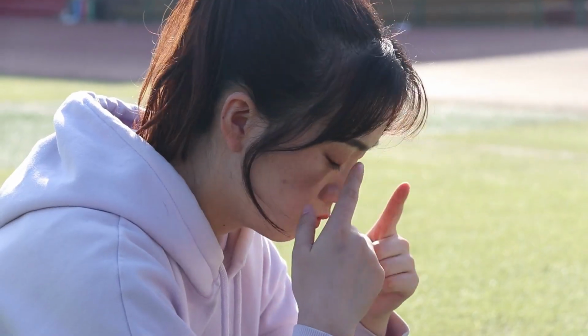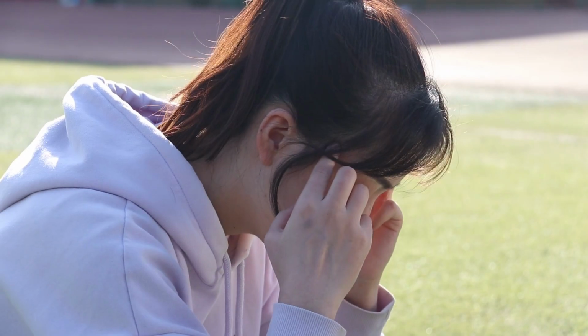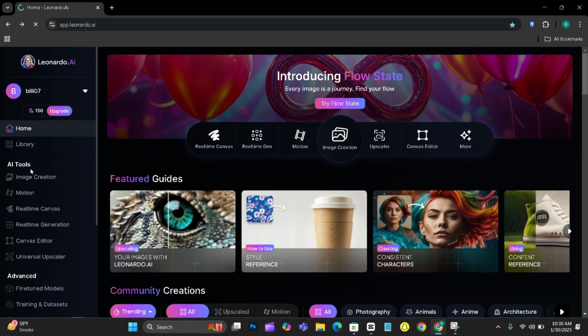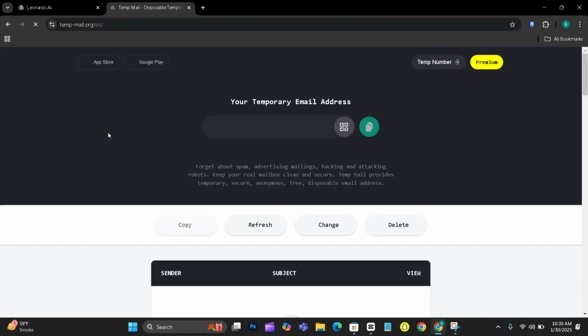What if you can't buy Leonardo AI? Now, let's address a common concern. What if you can't afford Leonardo AI? Don't worry, I've got a hack for you. Use Mail. Here's how it works. Create a temporary email address, sign up for a free trial of Leonardo AI,